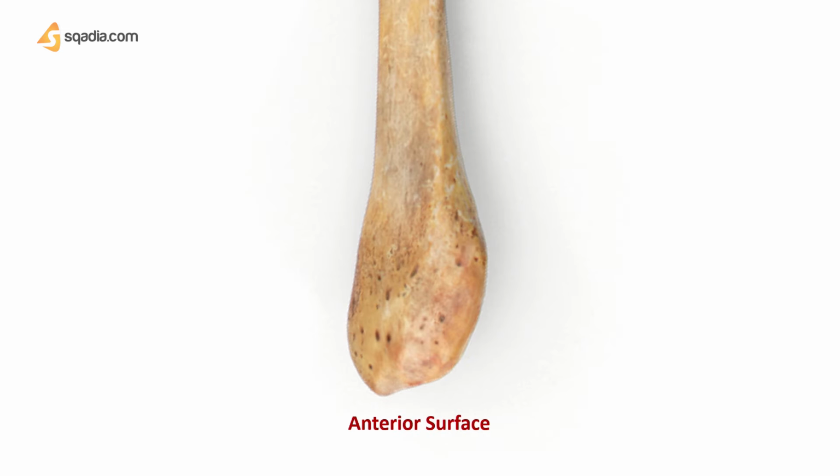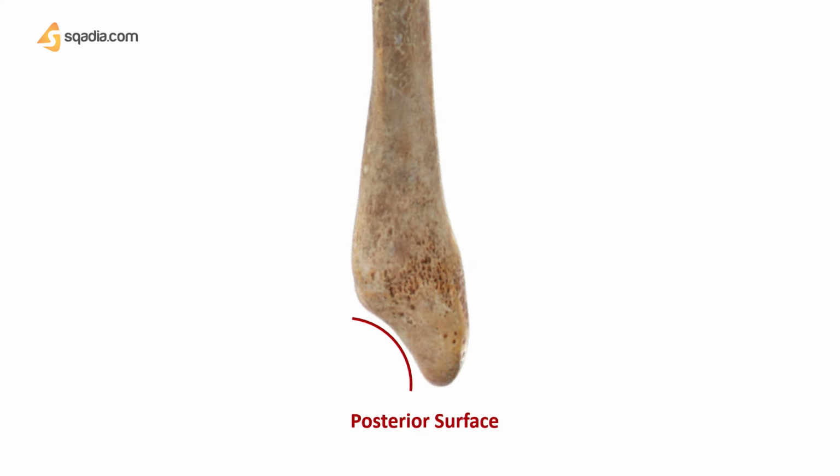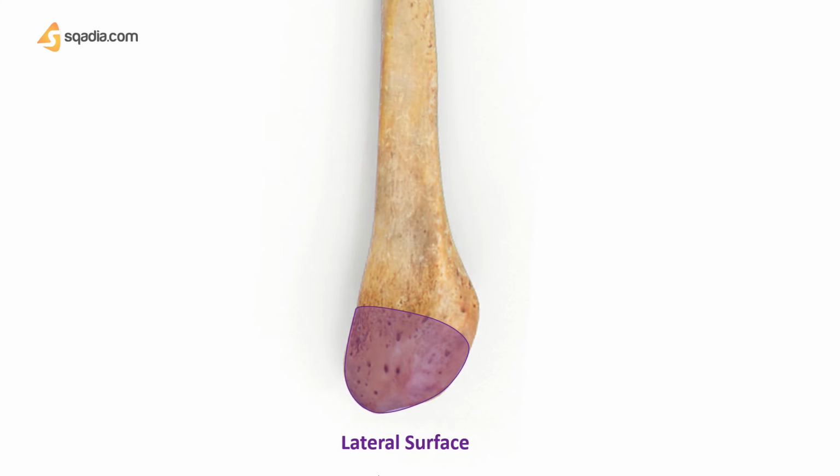The anterior surface is rough and rounded, so much like a stone. The posterior surface has a groove which helps in avoiding the compression through muscles or external forces. Now, the lateral surface, which is subcutaneous. It means there is just some fat between the bone and the skin, and there are no particular muscle attachments